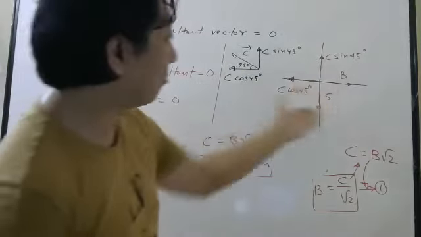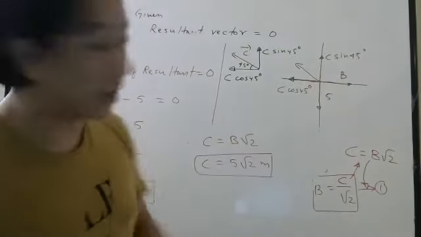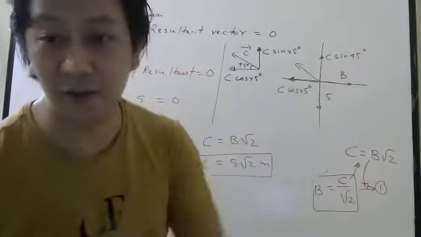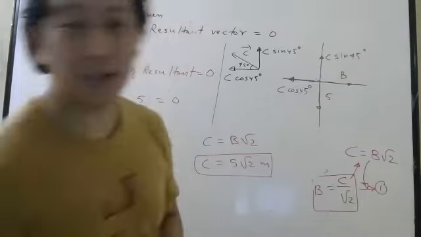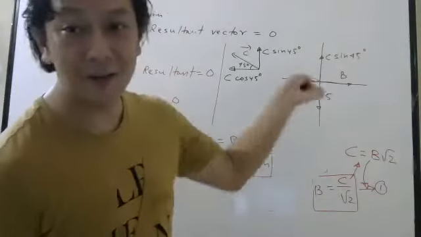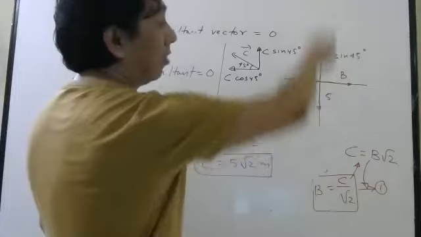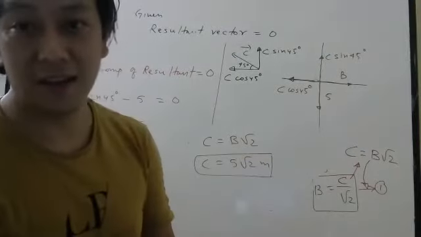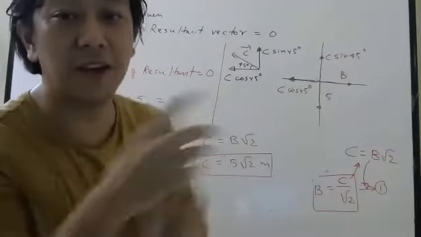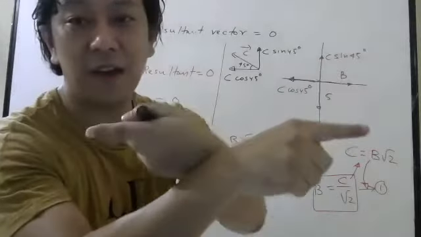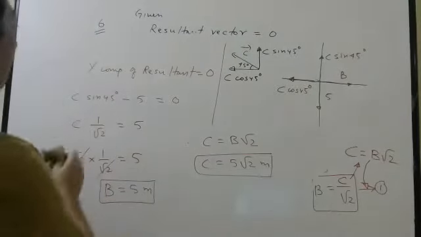Then you can see in the diagram, once you take components, don't draw this also here. Can I do like that? Can I include this also, this also, this also? Yesterday I told you, you cannot include the vector also along with its components. But why are we taking components? If you take components, then you can see these are in the same direction. Both are along the x-axis. These are along the y-axis. So it is easy to add, right? When 2 vectors are in the same line, it is easy to add. For example, if 5 and 5 are in the same direction, 10. If 5 and 5 are in opposite direction, 0. Okay. So that's the reason why we take components.